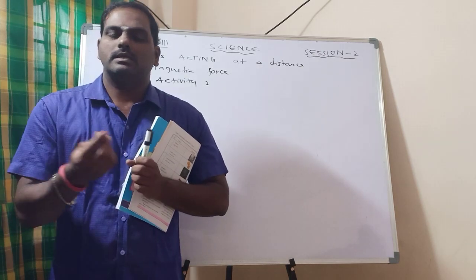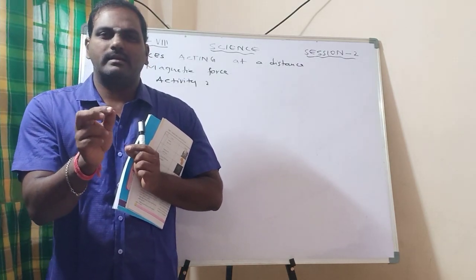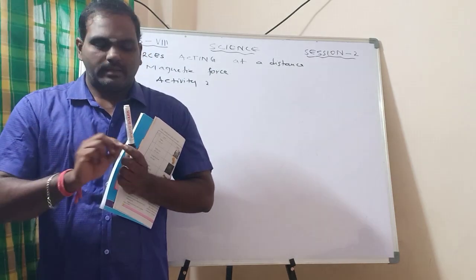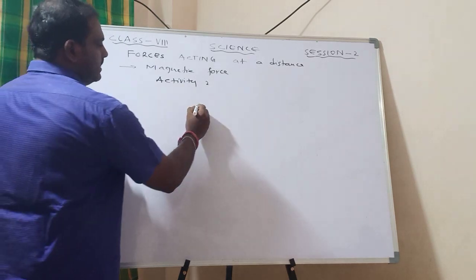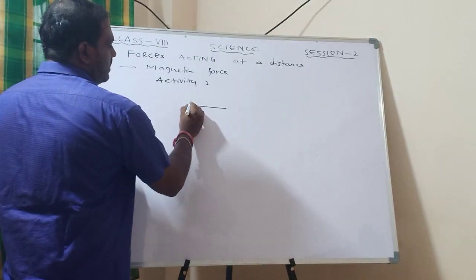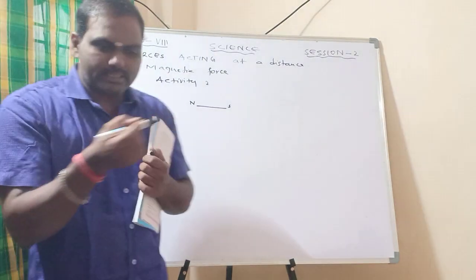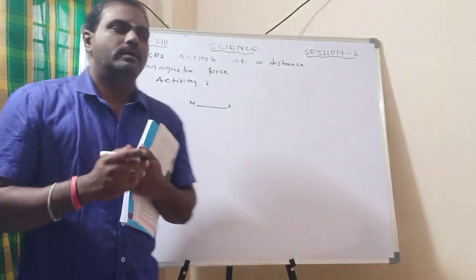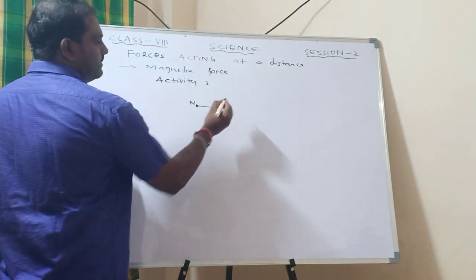Then what we have to do is, just take a thermocol piece and make one of them red color. So just take the pen and if you rub it, it will become red color. That means whenever a needle is there, you have to show the north and south directions on the needle. So how to do it? To identify that, we have to place it on a thermocol sheet or a rubber band.